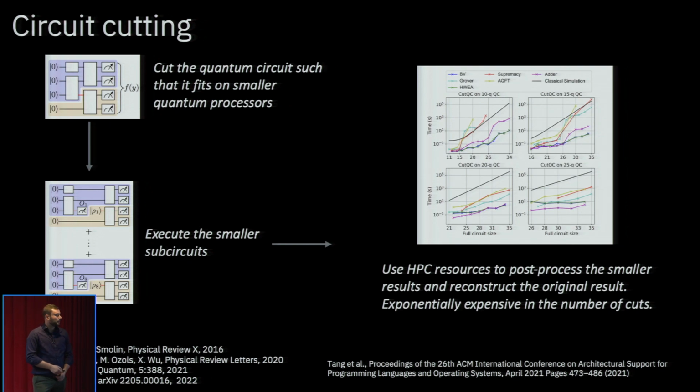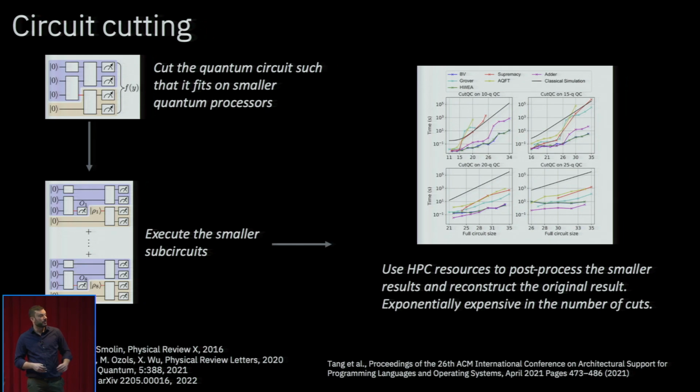And then each one of these subcircuits will depend on where we cut the initial circuit, and a classical post-processing of the outcomes of the executions of each one of these smaller subcircuits will be used to stochastically simulate the outcome of the initial circuit. Right? And again, here, for example, we will need high performance.